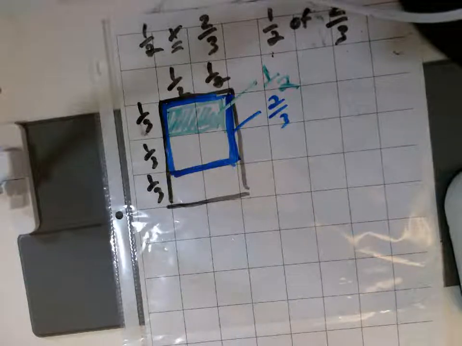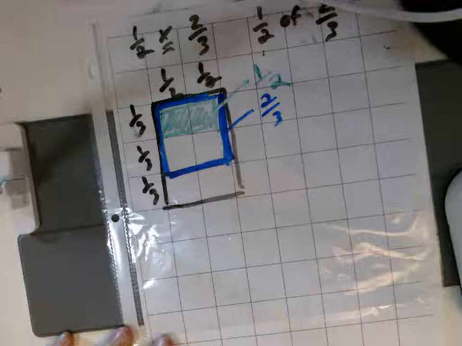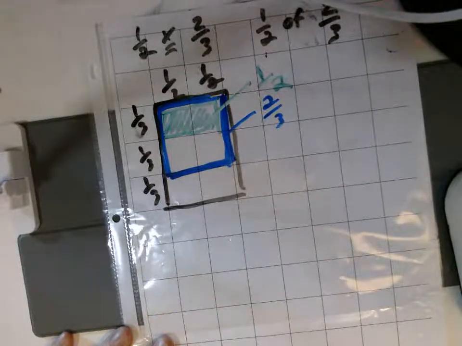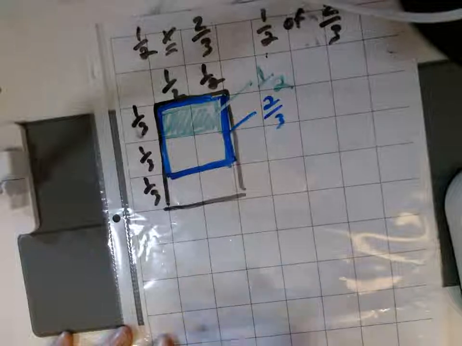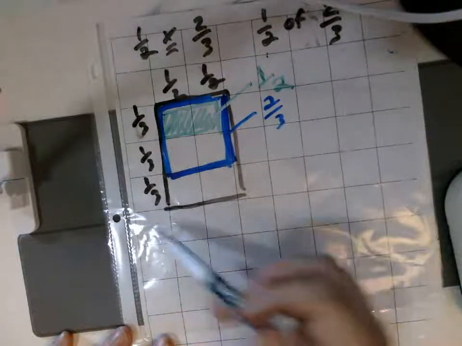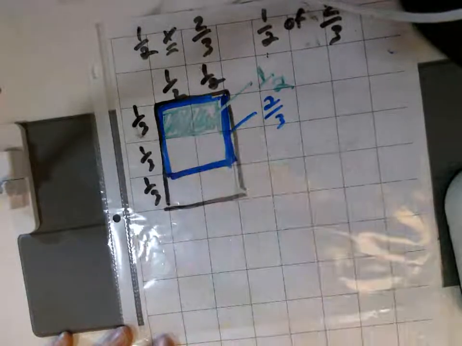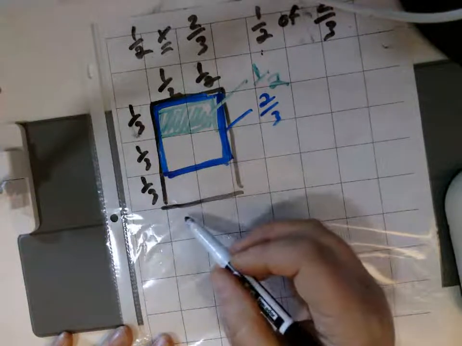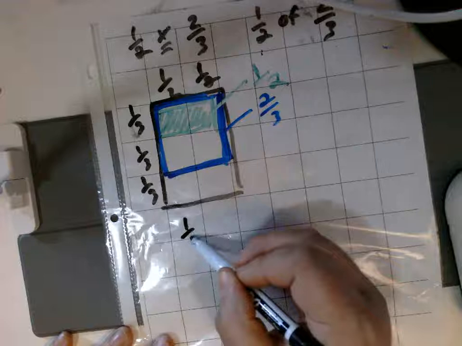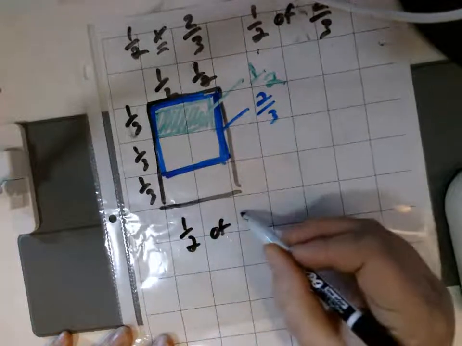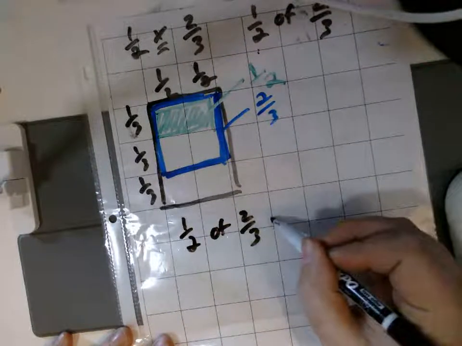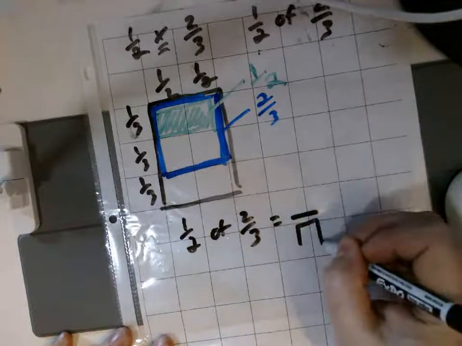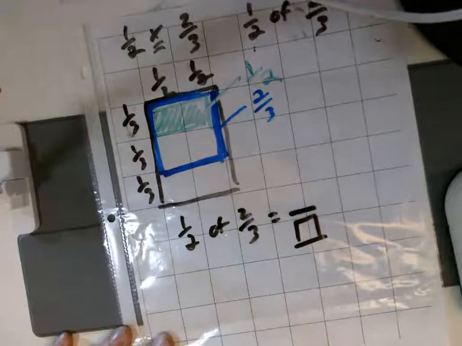All right. Now at the bottom, we need to write our problem again, because we still don't have an answer. We have a nice picture here that's going to help us get our answer, but we don't actually have the answer. All right, so we say 1/2 of 2/3 equals. All right, do you remember what do we do right here